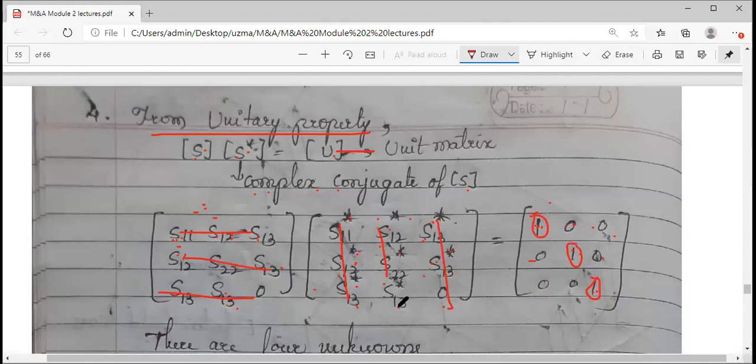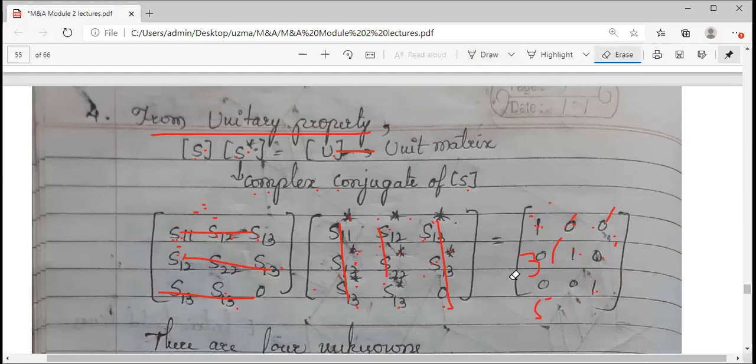You have already seen in algebra how you solve. If you have two unknowns, minimum you require two equations. If you have three unknowns, minimum you require three equations. I have four unknowns here, but I have written three equations. I need one more equation. You can choose any random equation, okay? Can be this, this, this. How many possibilities are there? 1, 2, 3, 4, 5, 6. So among the remaining 6 combinations, you can choose any one of those possibilities, okay?